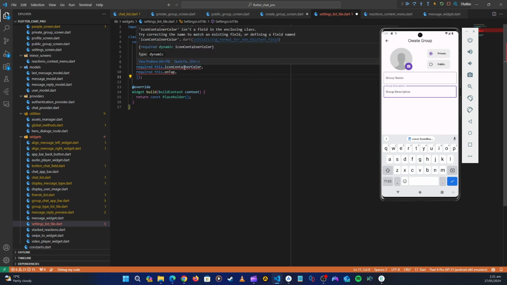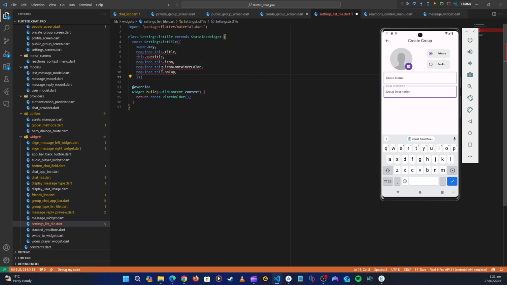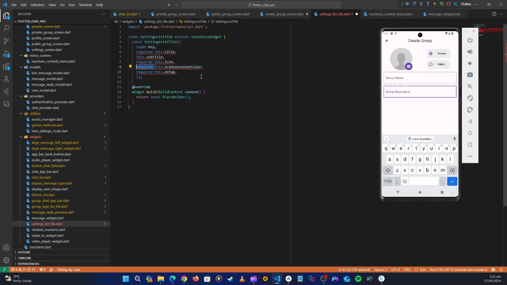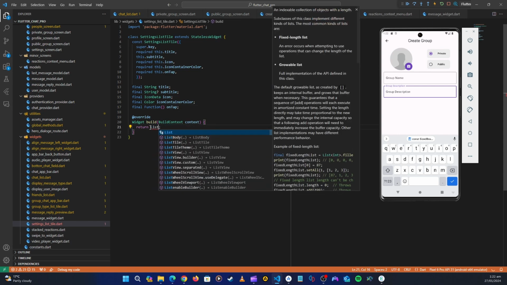So we can do that, or this item container color, maybe we can also not require it. We can put the default there if they haven't sent one in, but anyway, let's just require it. So here let's have a title, a subtitle, an icon, an icon container color, and then let's also have the on tap. Now down here we just need to return a list tile,